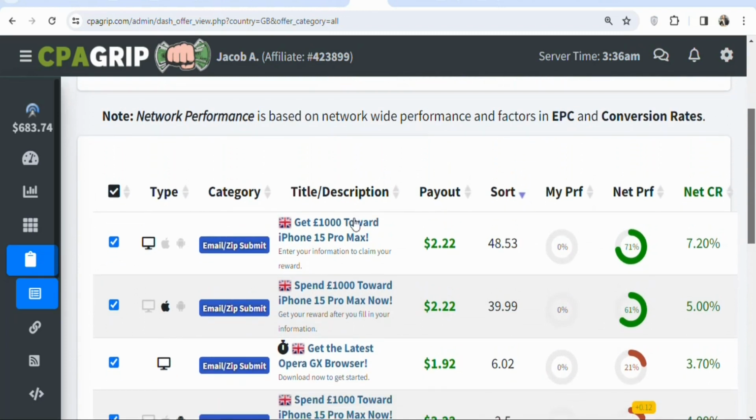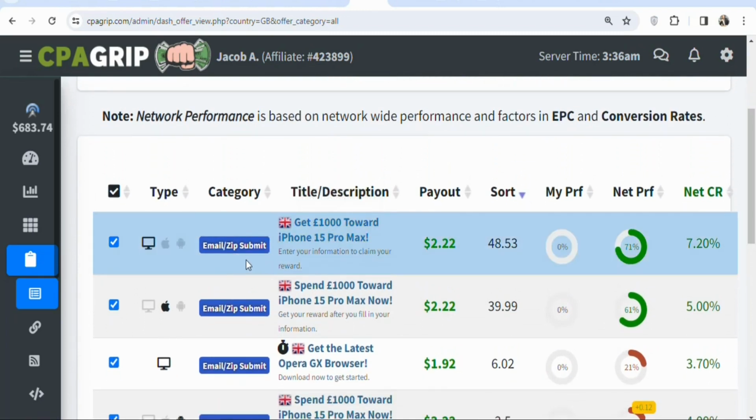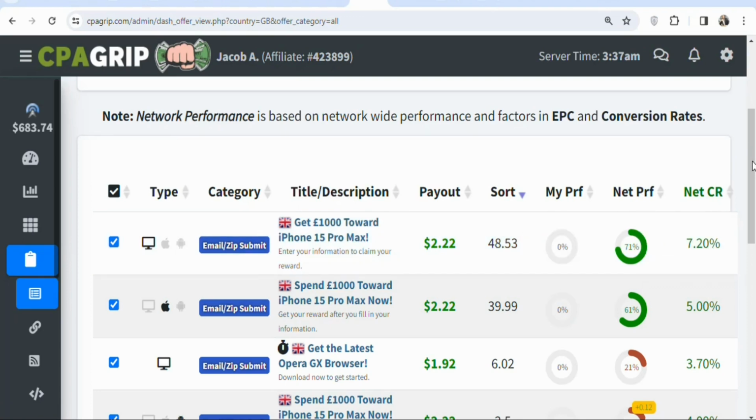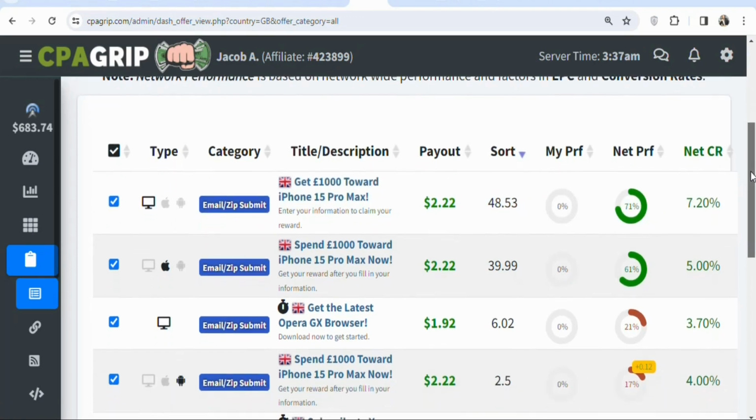All that they need to do is take a specific action so that you can be paid. For example, you can see the first offer. Your potential visitors are required to enter their email and zip code submit so that they can stand the chance of winning £1,000 towards iPhone 15 Pro, and you are going to be paid $2.22. They don't need to purchase anything. All that they need to do is enter their email and zip code